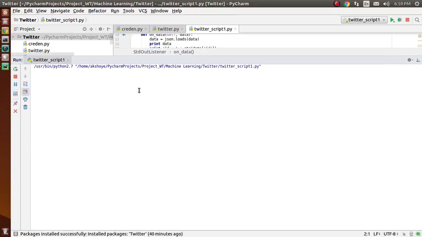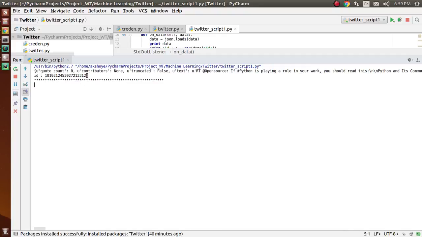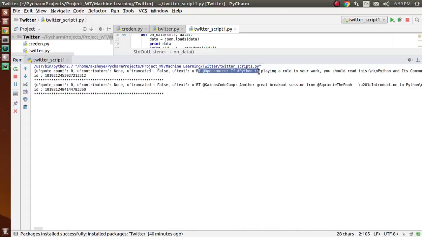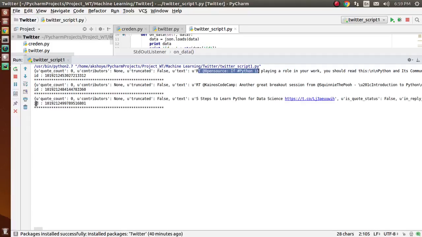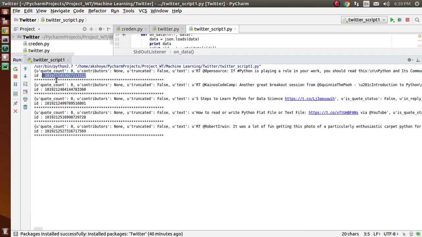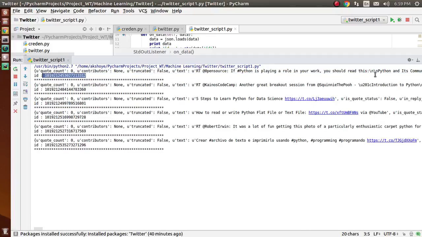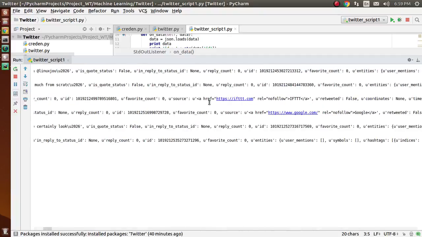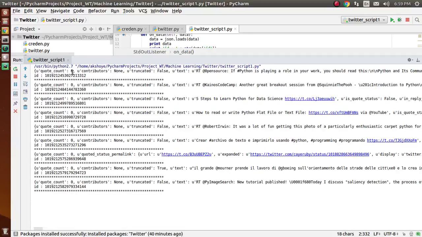So this code is running. Oh yeah. Now we have an ID for this tweet here. You can access the information from this tweet above, and now we can see that it is returning us the ID value for each tweet. So here is our ID, which is the same as the ID that we have on this tweet above. Let's have a look at this ID. Here we have this ID, which is the same as the ID that we get here.